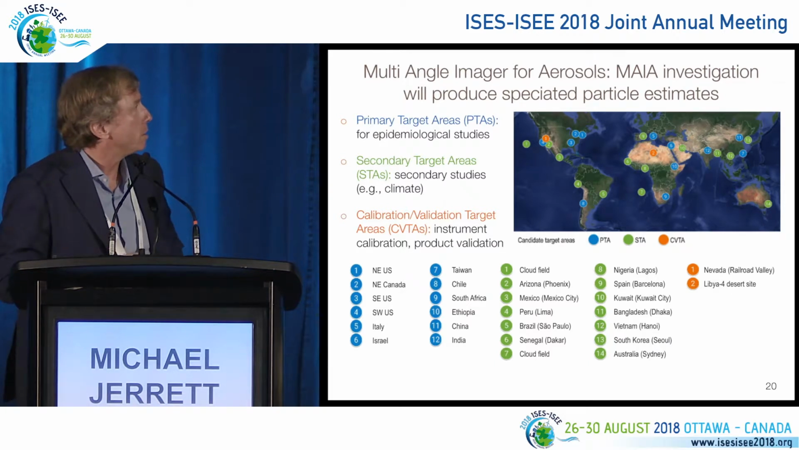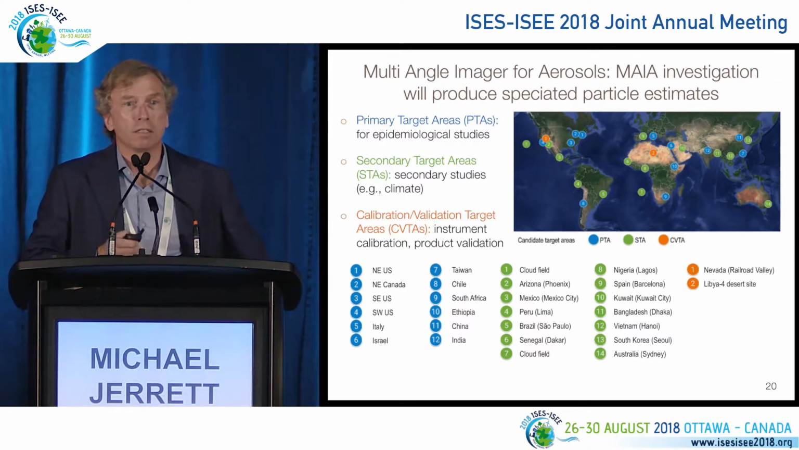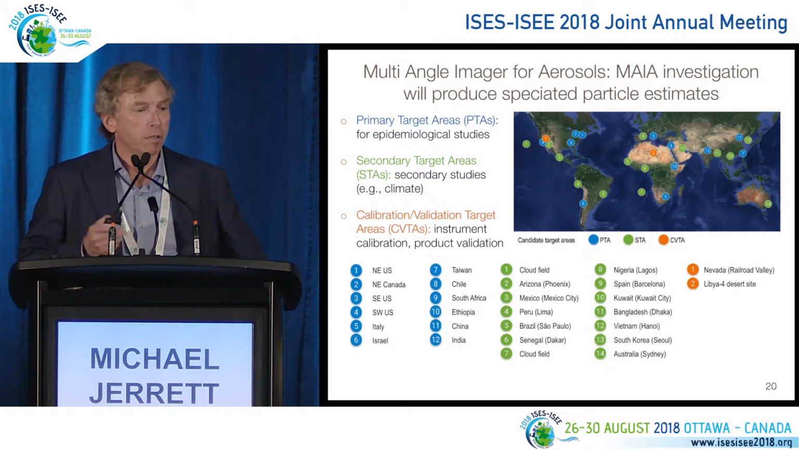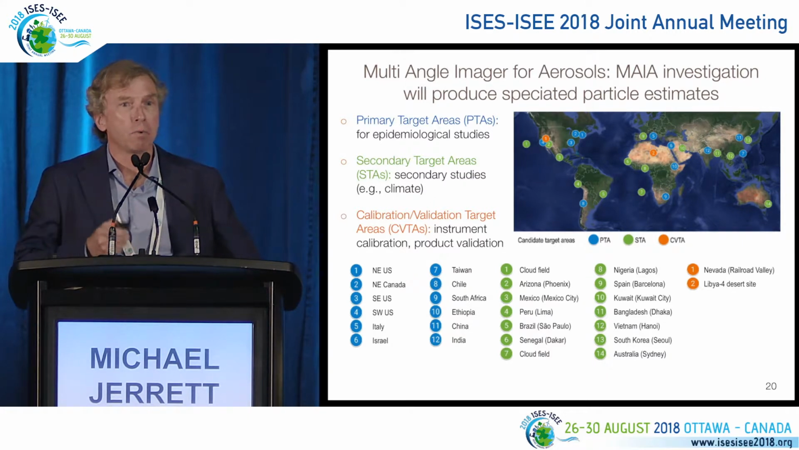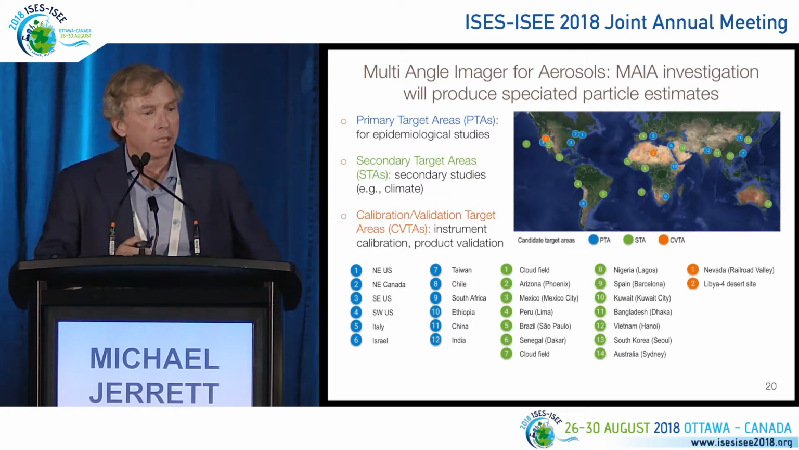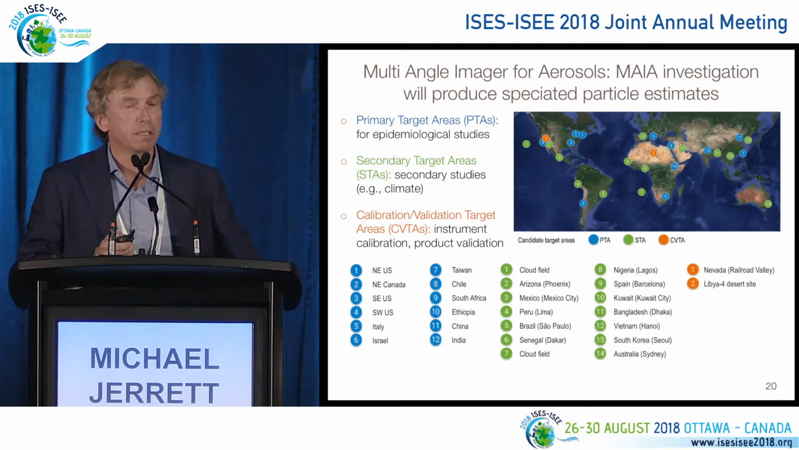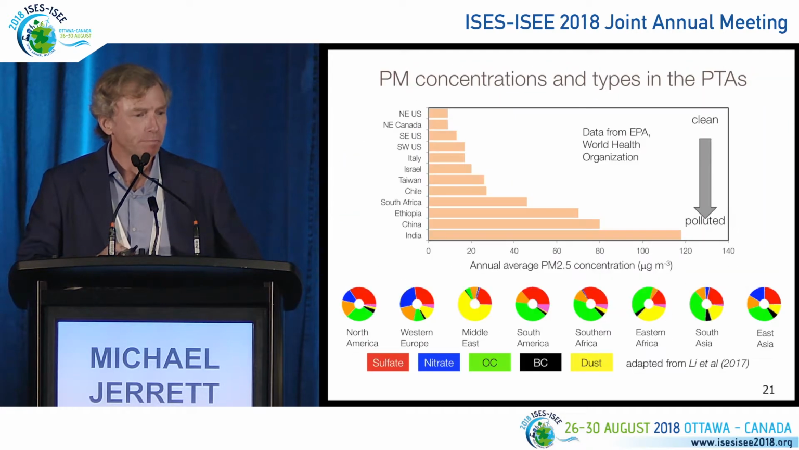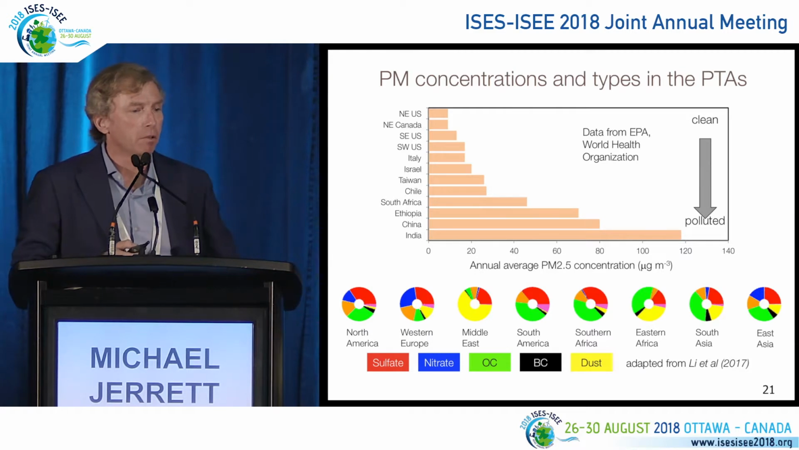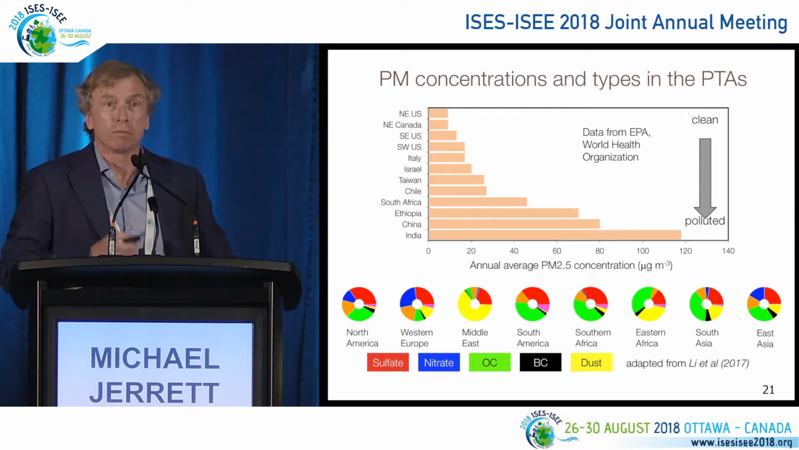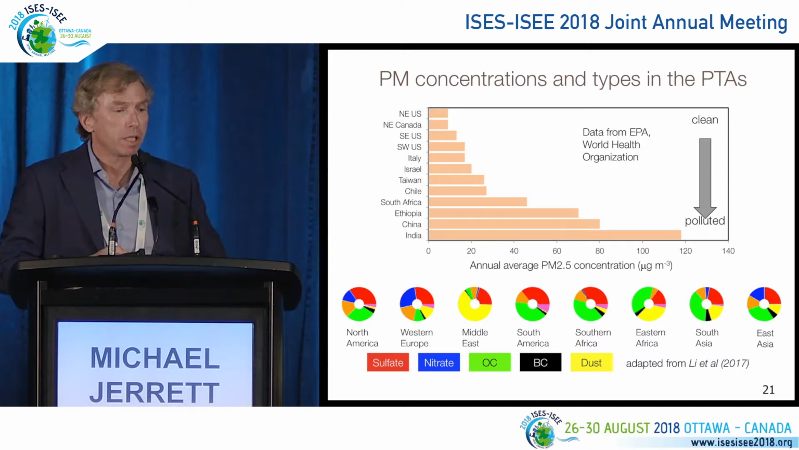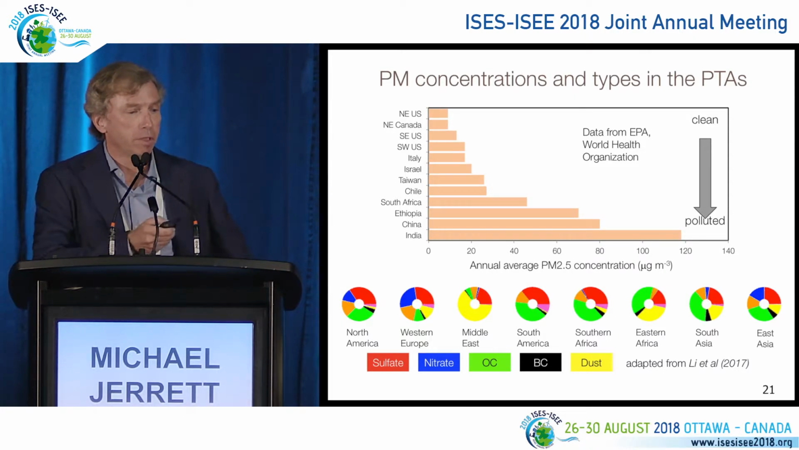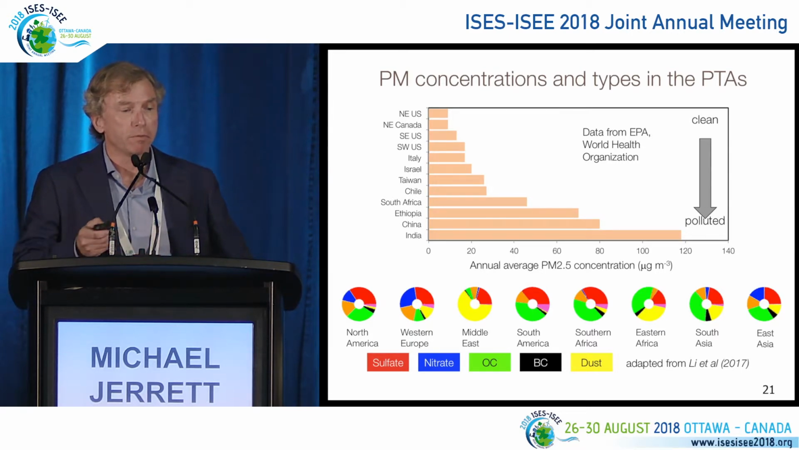It's led by David Diner at the Jet Propulsion Lab. It's a new satellite that's being launched by NASA to produce speciated particle estimates at 1 kilometer resolution all over the globe. So all of these are primary or secondary target locations that are going to have these estimates coming in every 2 to 3 days. We've tried to pick these locations based on the availability of monitoring data and health data, but also to get a real mixture of different types of particle compositions. And you can see from those bottom panels how much it really differs as you go through these various locations